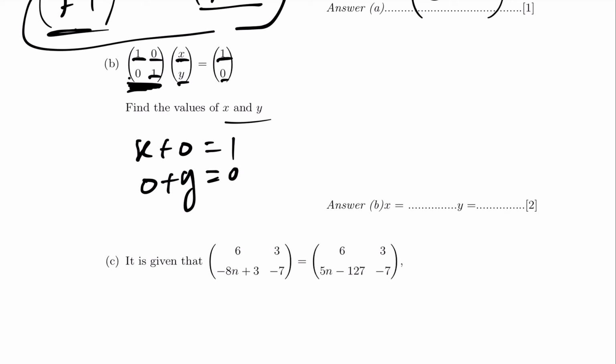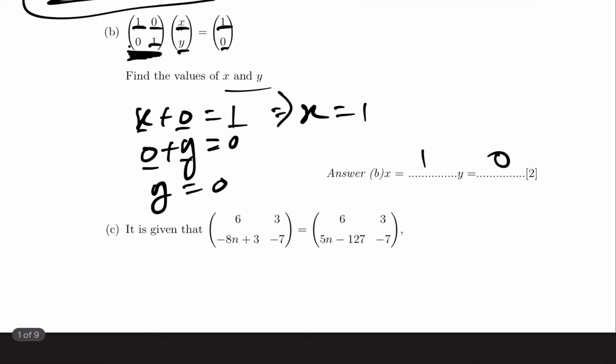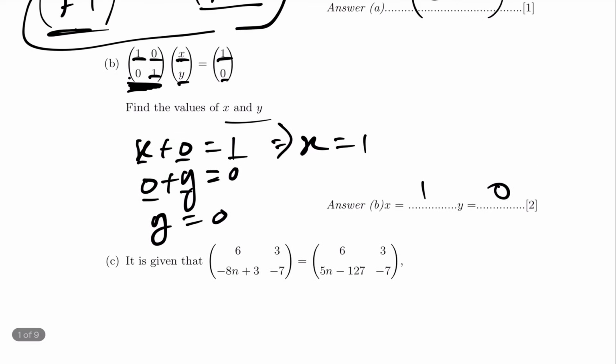So x plus 0, that's x, so x is equal to 1. Then 0 plus y, that's y, is equal to 0. So x is equal to 1 and y is equal to 0. We are done. We move on to C. C says